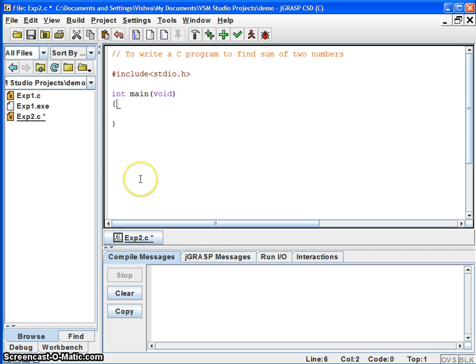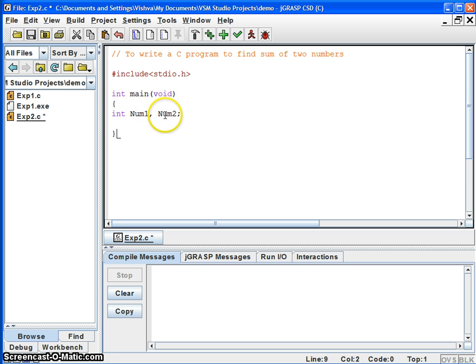We have to have two numbers now. We have also discussed various data types, and if I take integer, int, let us say num1 and num2, and as you are aware, the C statement has to be terminated with a semicolon.